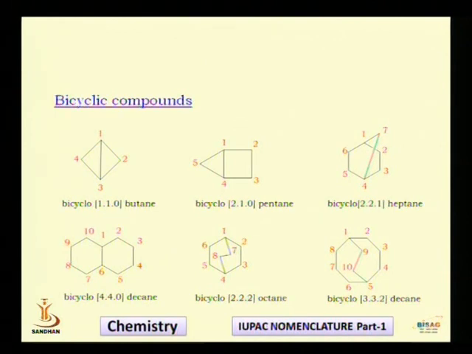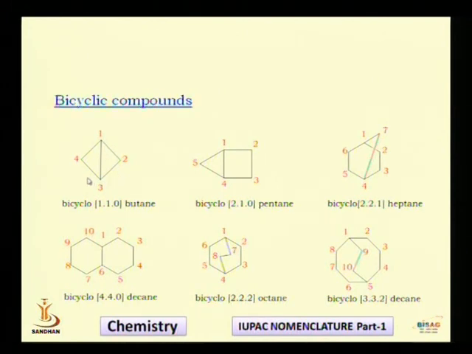And finally we have to count the number of carbon atoms on the bridge. So this is a bridge. The line connecting 1 and 3, it is called a bridge. And there is no carbon on the bridge. So that's why we will be putting 0. So this is how we completed the numbering in the square bracket. And finally we have to put the name of the hydrocarbon. So count the total number of carbon atoms.